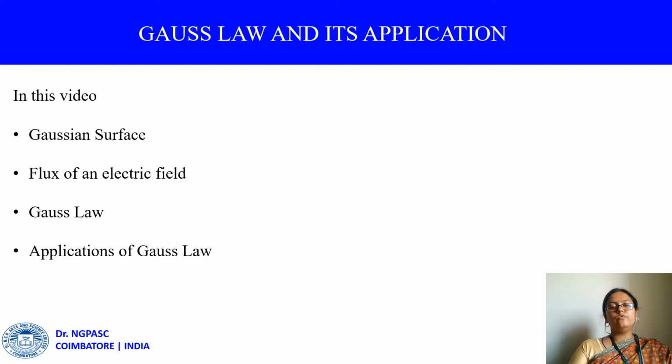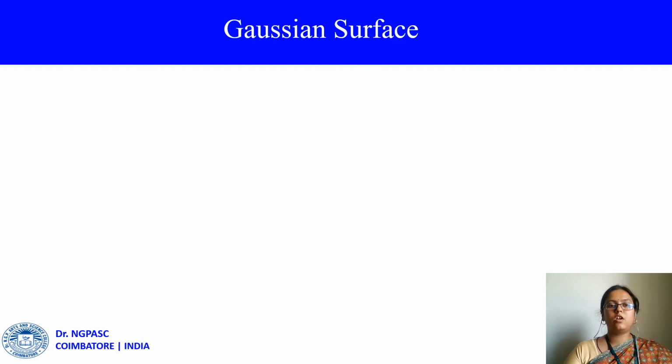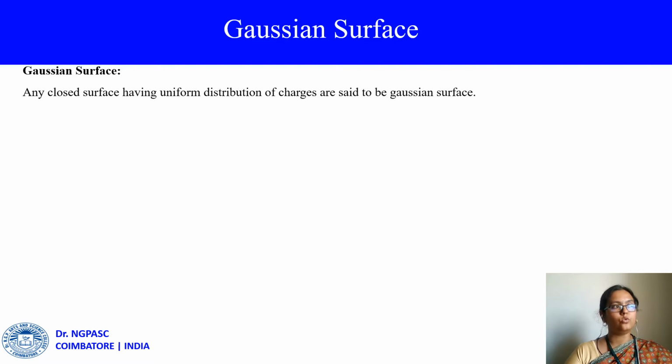In this video, we will be seeing about the basics of Gauss law and its application, starting from what is Gaussian surface, what is flux, and how can we define Gauss law, followed by applications of Gauss law. So what is Gaussian surface? Any kind of surface which is closed and which is having uniform distribution of charges can be termed as Gaussian